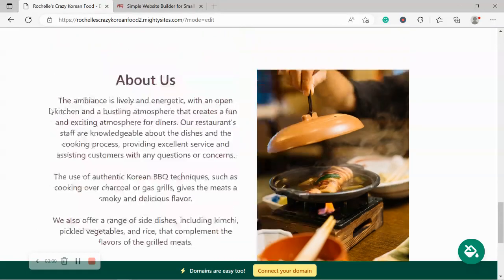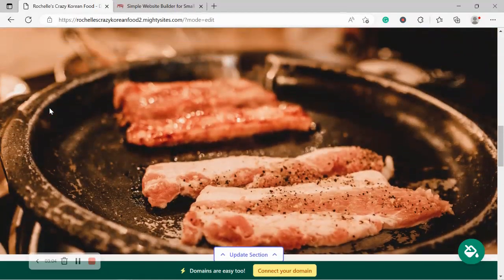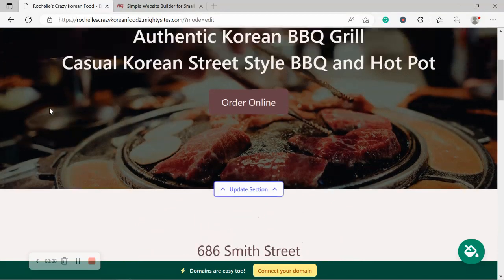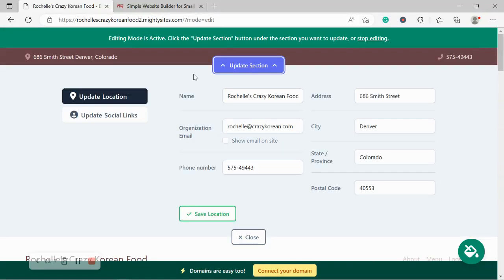You don't need to know any coding. You don't need to be a web developer, and you certainly don't need to hire a web developer either. It's super simple. So today I'm going to be walking you through each section from the top to the bottom, making my way through so you can see just how easy it is to use Marty Sites. So let's get cracking. I'm now going to hit the update section at the top,